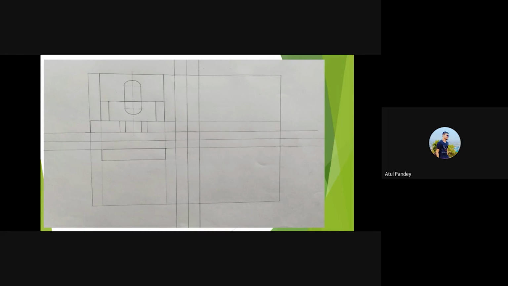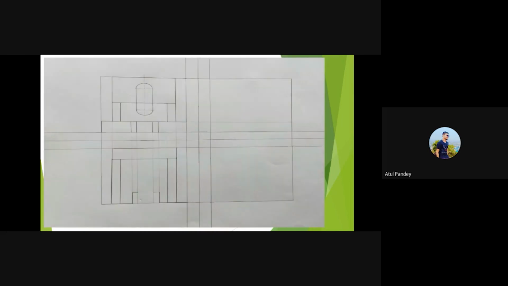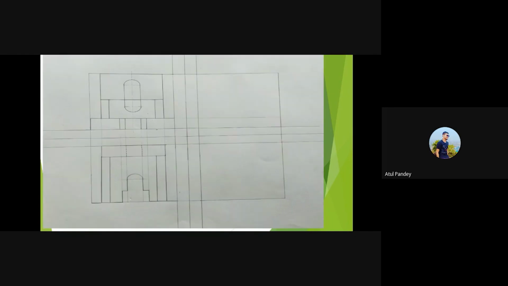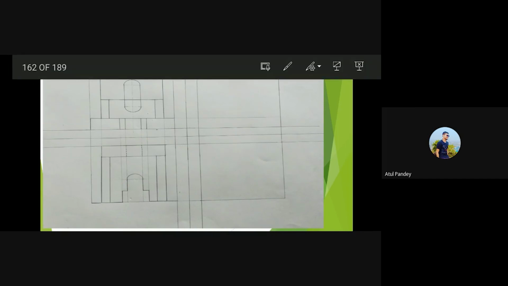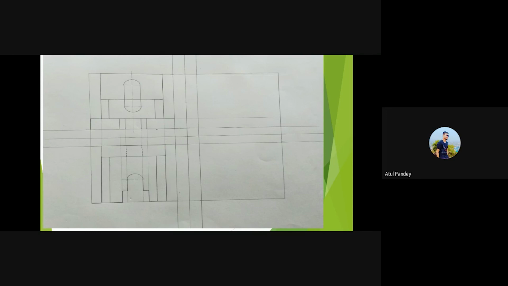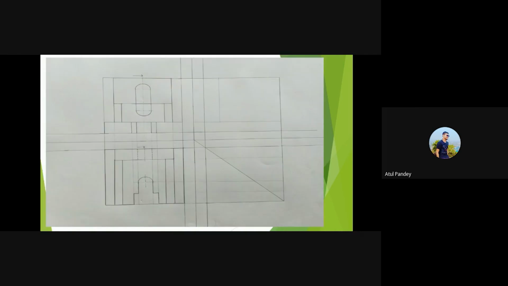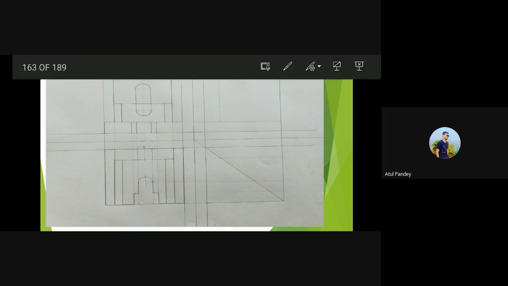We will see a rectangle, so draw this. Then that slope part will also be seen as here, and we have to also come by 5 millimeter inside like this. And for the downward middle part, we have to draw this and take 8 millimeter as the radius and draw this part. Then your top view will be done.